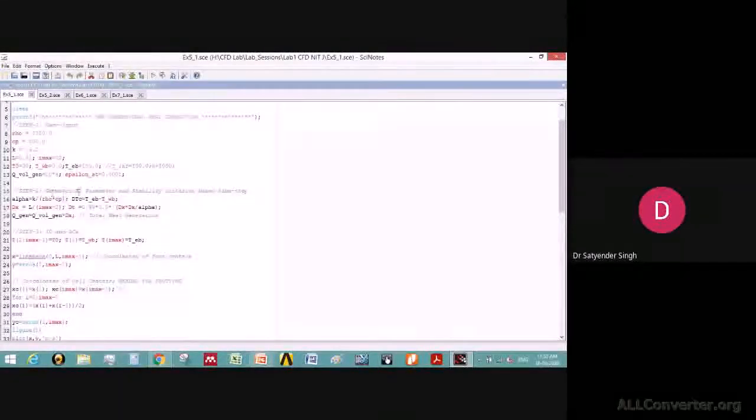Now the next step will be geometrical parameters and stability criteria. The stability criterion for the diffusion equation will be the diffusion constant, alpha delta T by delta x square. That must be less than 0.5, which we have to ensure, and from there we are already ensuring it. The next step will be initial and boundary conditions. For the initial condition, for all the inner nodes, we have to ensure that they are at the initial temperature. So the initial temperature we are taking as T0, which is 30, the west wall temperature we are taking as 0, and the east wall temperature we are taking as 100 degrees Celsius.